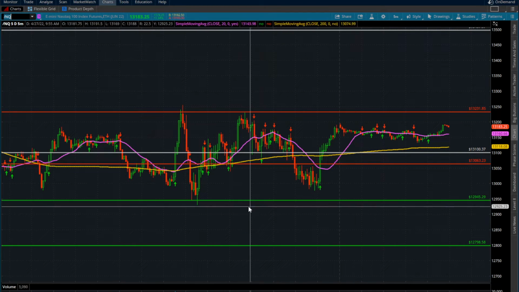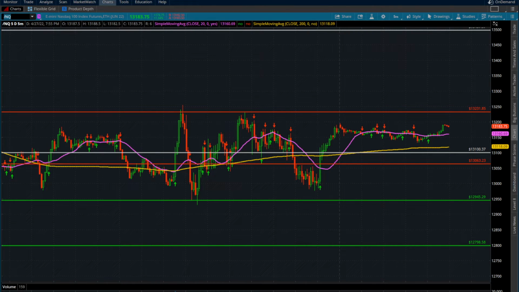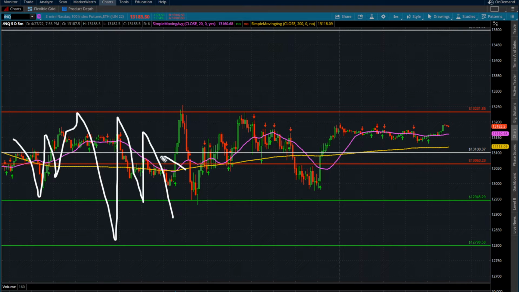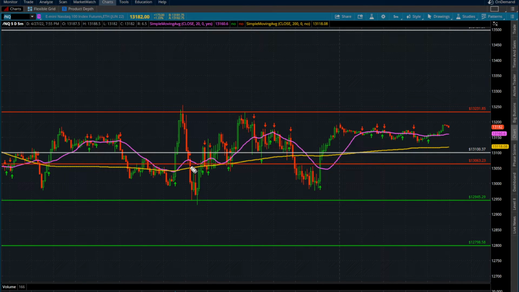I want to show you how we could have played that, right? So if we look at this big green candle here, and I'm going to put a line through it. This big green candle here is 6:30 a.m. Pacific Standard Time. So we can just disregard all of this pre-market action here. If we just focus on what exactly happened when the market opened on this candle here, not only did we break this level of supply, we also broke this mini level of supply here, and we ran up from confirmation 13,118 all the way up to this supply zone perfectly to a T, got rejected